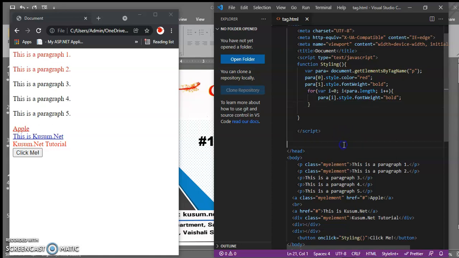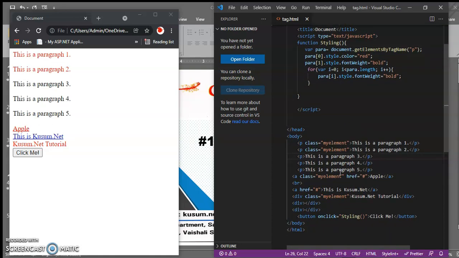For that, in place of the ID, I have to put the class name of the element, the tag where I need to apply the CSS changes. In this paragraph tag I have applied a class, here and here, and not on this one.